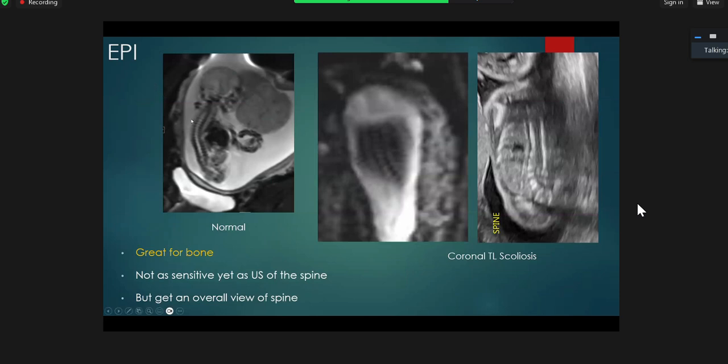EPI is also excellent for looking at those skeletal anomalies that I mentioned earlier. So here's the sagittal with the sagittal spine. So the EPI is great for bones. It still doesn't have that fine bone detail that you can get by ultrasound. So here's the scoliosis by ultrasound. You can really quite clearly see here is the same patient on